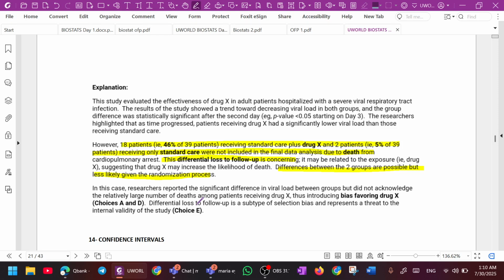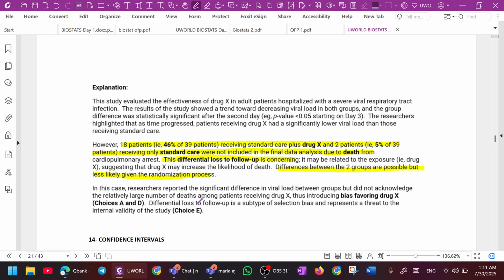Small number of patients in each of the two groups. No, there were like 78. So 78 divided by two groups is like what, 34? I don't remember. I'm not good at this. But it was a normal number of patients in each group, so I don't think that's a problem. And there is no concern about the validity there. That doesn't make sense. Obviously, they ask what is the concern, so there should be a concern.